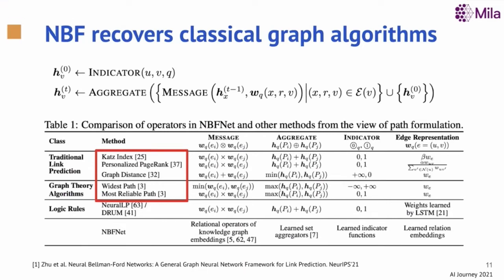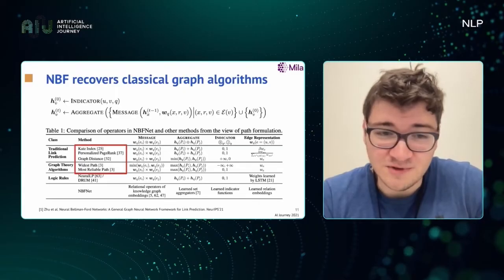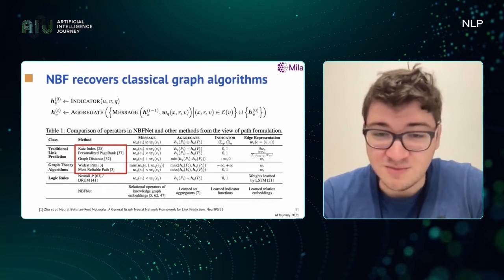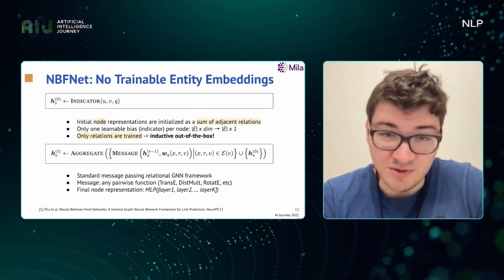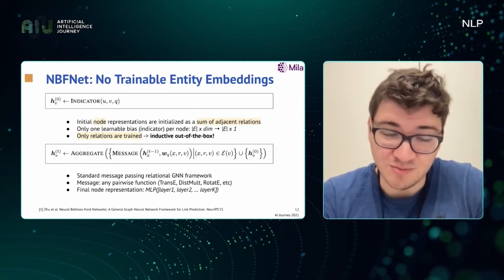And the authors state that this generalized representation of Neural Bellman-Ford recovers many standard algorithms if we begin to vary the functions. So accordingly, we can get personalized PageRank if we change the aggregator functions and play around with the indicators. And in every projection, many algorithms are recovered from this type of framework.